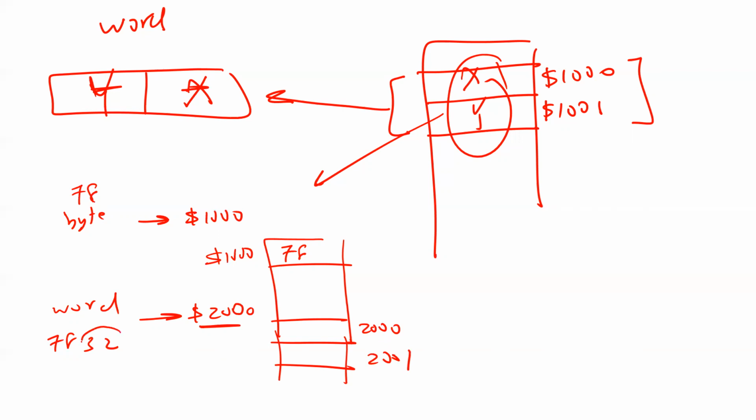But how are you going to store it? Because you have 2 bytes here. The least significant byte comes first, and then the most significant byte comes next. You got what I'm saying? I know this usually confuses students. Listen to me. In both cases, if it's a byte or a word, I'm going to say only one address, the beginning address. If I want to write a byte, I'm going to say I want to store this byte in location 1000. If I want to write a word, I'm going to say I want to store this word in location 1000 as well. But the difference is, in the case of a word, automatically it's going to take 1000 and the next one.